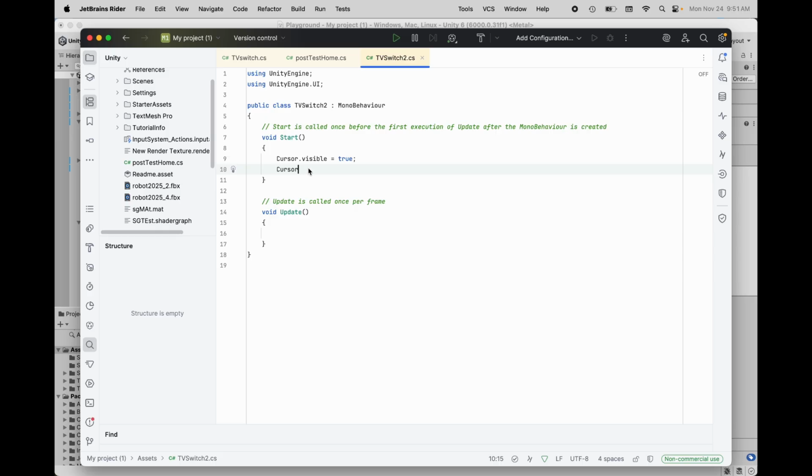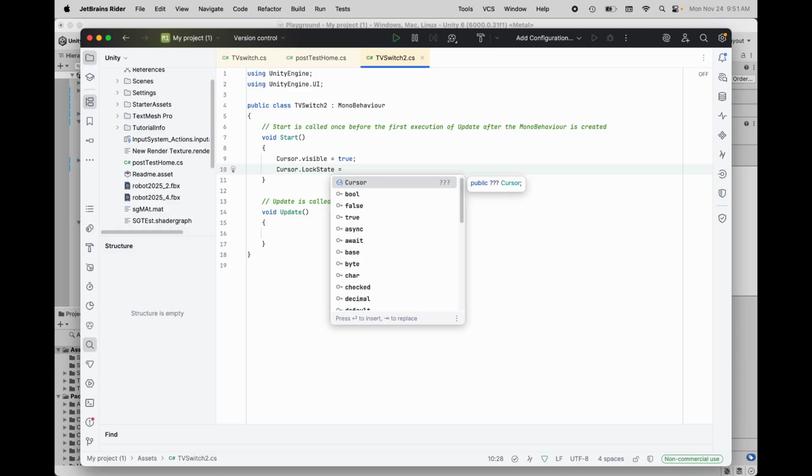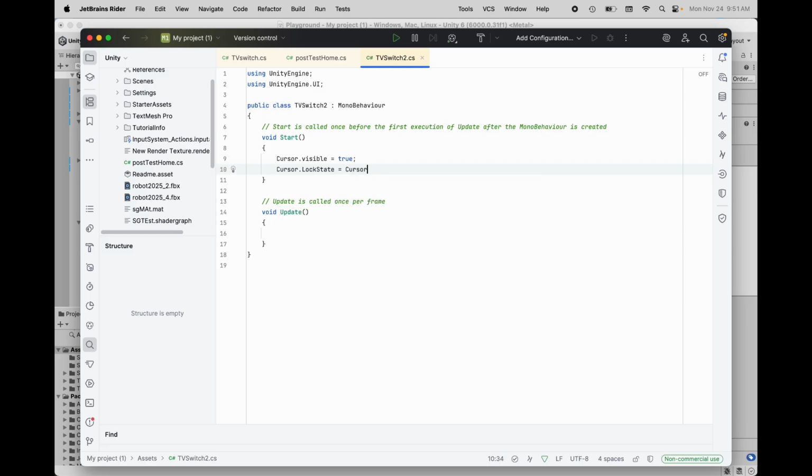Cursor dot lock state, I think it's called, yeah, lock state equals cursor lock mode none. Okay, so this is going to turn the cursor on, and this is going to mean